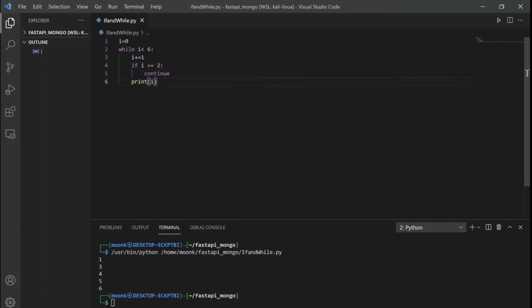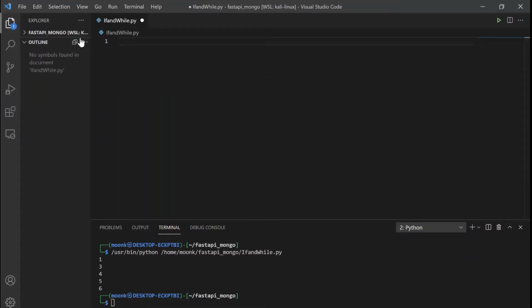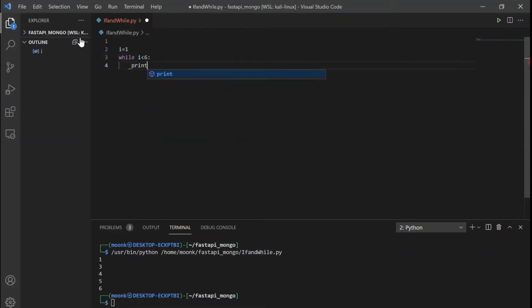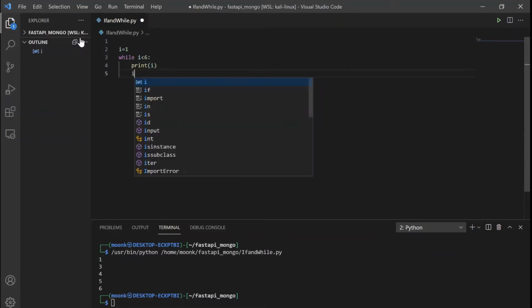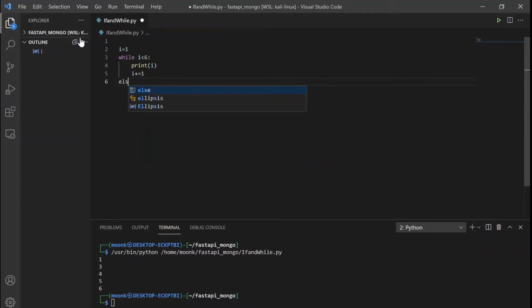Now in a similar scenario, we can use an else statement also, like if while is not working, if no condition is satisfied there, then we can execute else also. Let's clear this out. Define I is equal to 1, while I less than 6, print I. Let's increment I with 1. Now here we're going to write the else block. Else